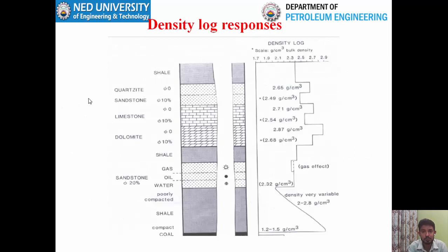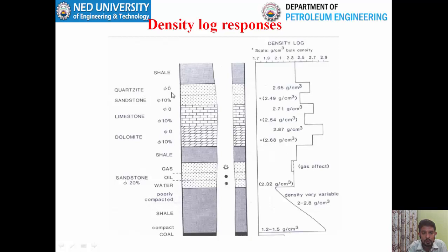These are the typical responses of the density log. Again, the scale in this particular log section is from 1.7 to 2.9 gram per cc. In shale section, generally the density is 2.4. Again, I am mentioning that density ranges of a particular shale, of a particular sandstone, because it's a function of the mineralogy, it's a function of the porosity, it's a function of the fluid content in the porous media. So the shale has different densities depending on the mineral of the shale. So in this particular shale, the density is 2.4.